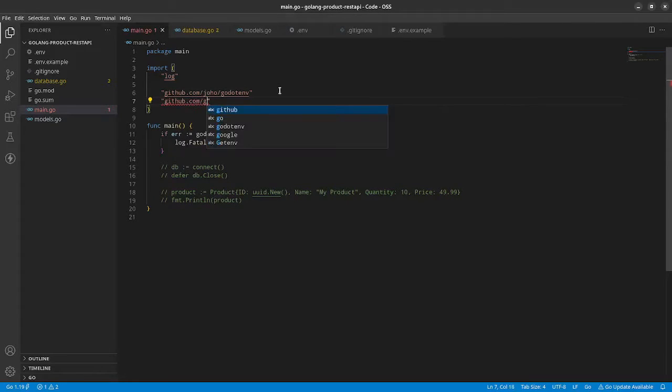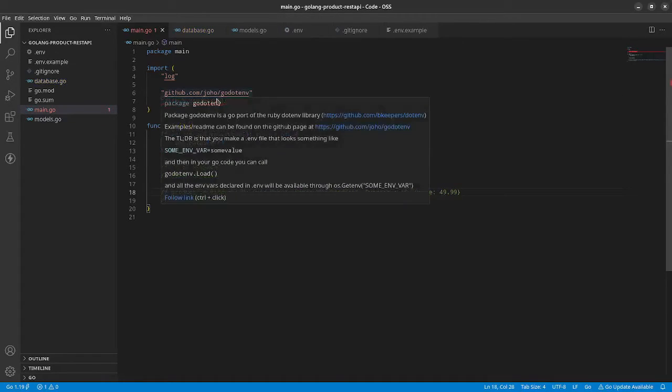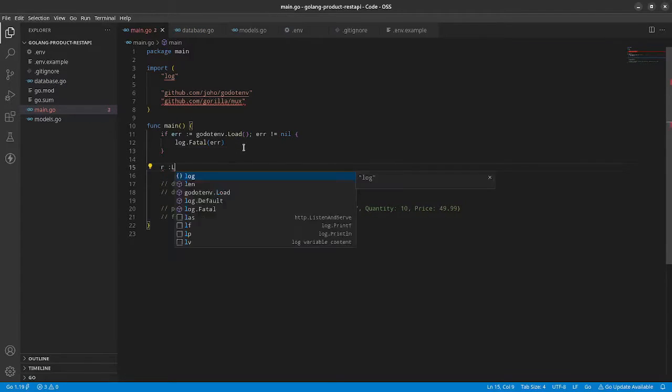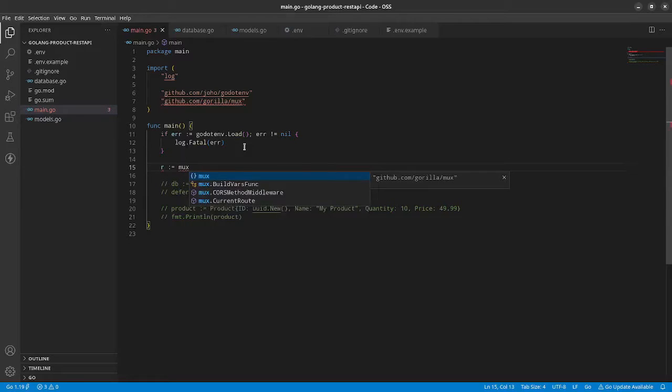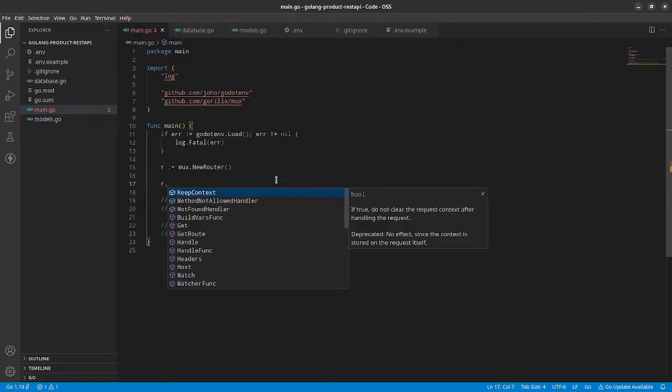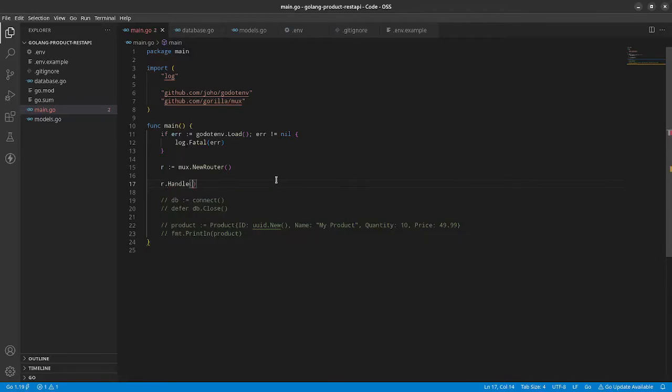github.com/gorilla/mux, and let's see. Okay, so we already have it installed. Let's go ahead now and create an instance of this. So it's going to be mux.NewRouter, and at this point we will go ahead and create our first handler. So we can say our dot HandleFunc, and in here we can create our endpoint,